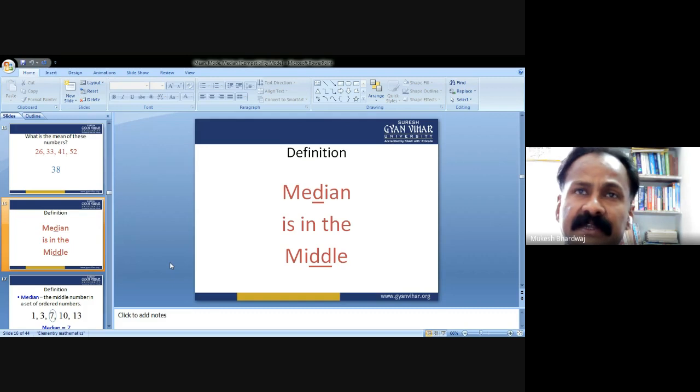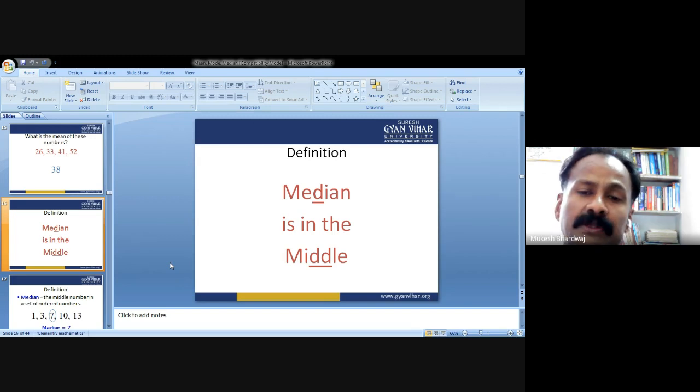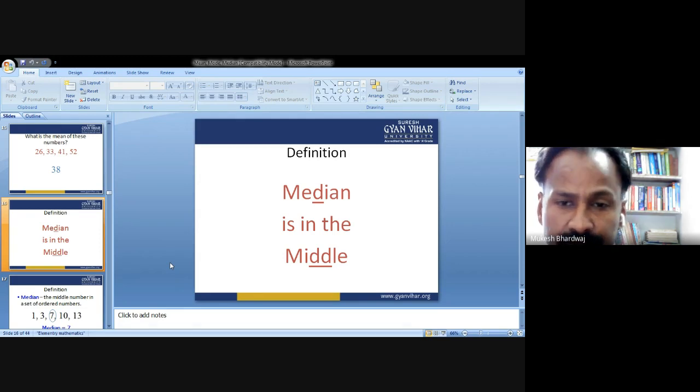Now if I provide 10 digits to you, then what is the median and how do we calculate it? Once the numbers are provided in odd fashion, you can easily find the middle value. When the series is provided in even fashion, that is an even number of data, how will you identify the middle one? How will you find the middle value?